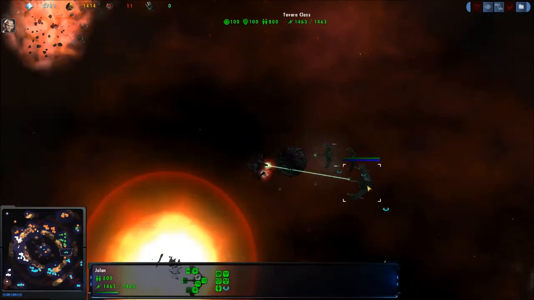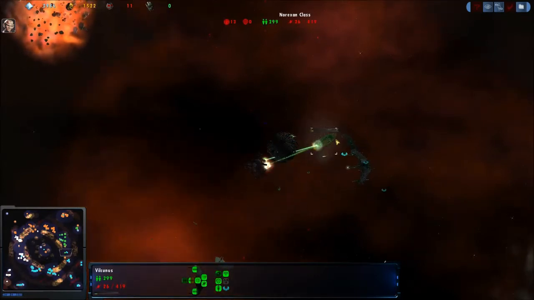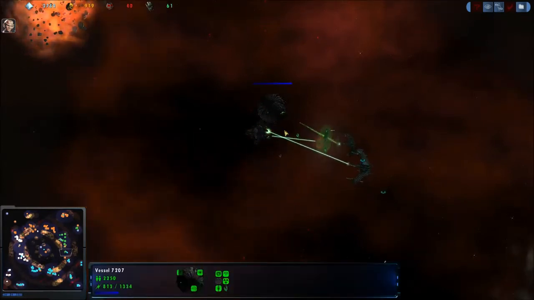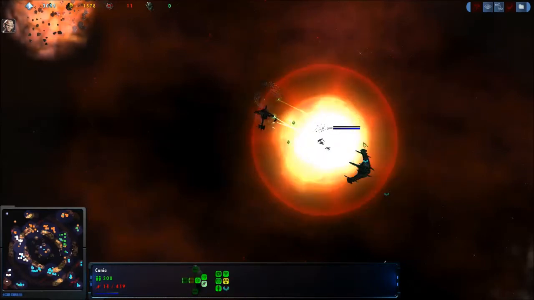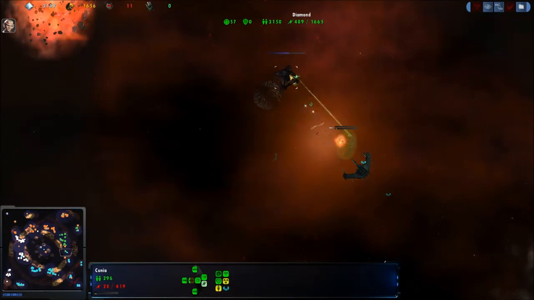And if he can make sure that the Tavara gets the kill on the diamond and stuff, then he can get lots of experience. But oh man, just look at these Romulan ships die. Ouch, they only have 34 defense. I mean, yeah, they cloak, but...